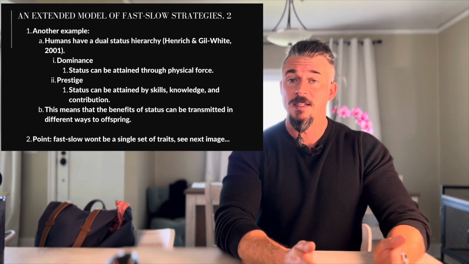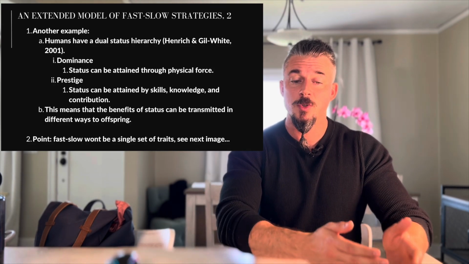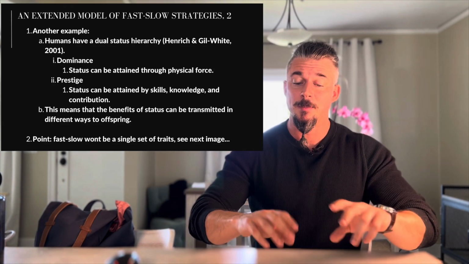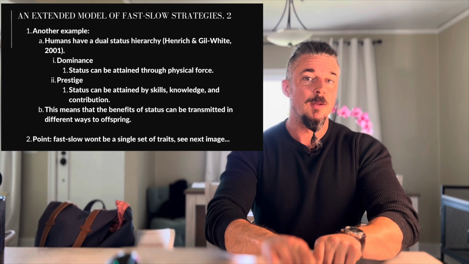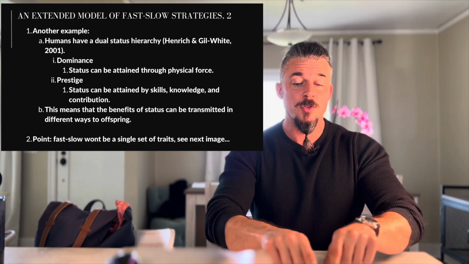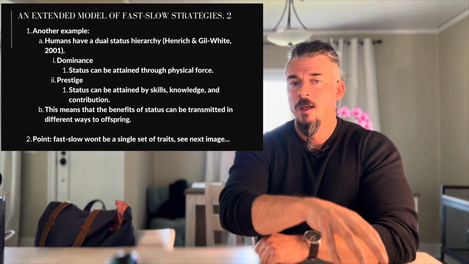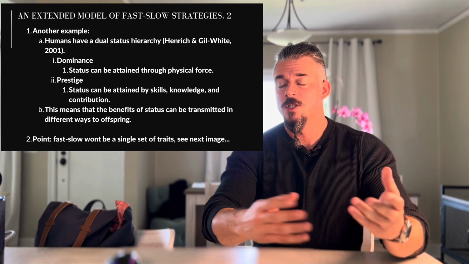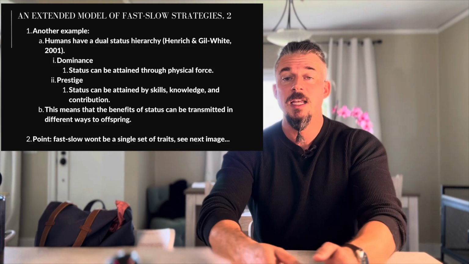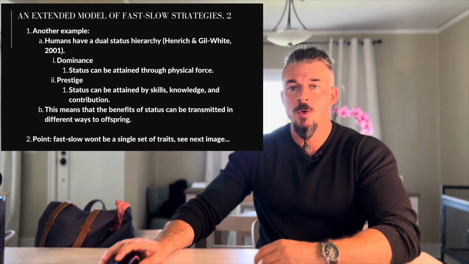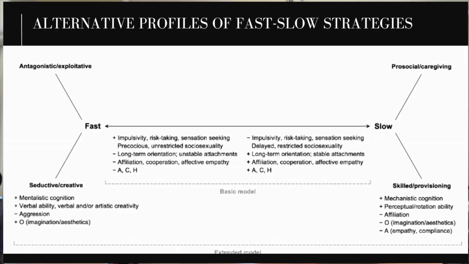You have to maintain dominance for a long period of time, and that's what you see in more aggressive chimpanzees. What happens? The others gang up and they take him down. Who's the chimpanzee that stays at the high rank, the largest? He's not the most aggressive, but he maintains peace between the other ones. So prestige, on the other hand, is associated with slow life history strategy. These are things that keep you valuable and appreciated for a long, long period of time. Let's go on now to the next slide.